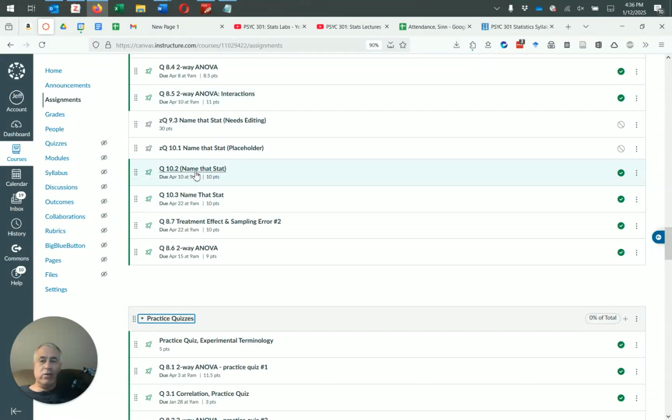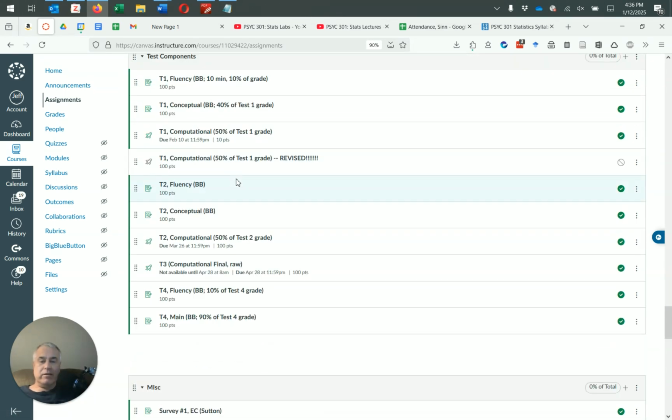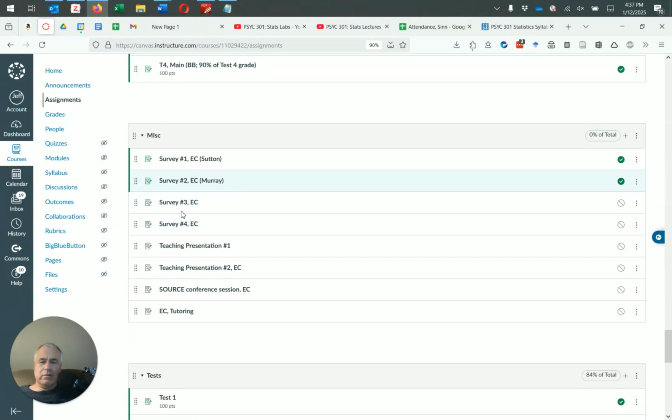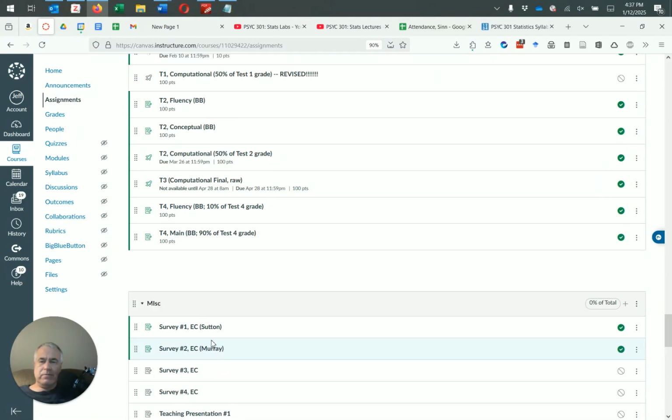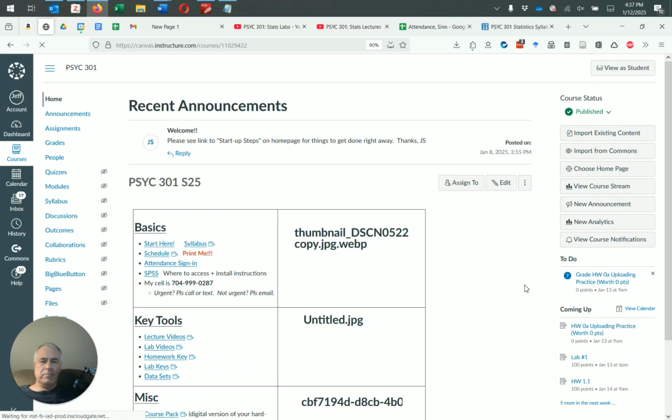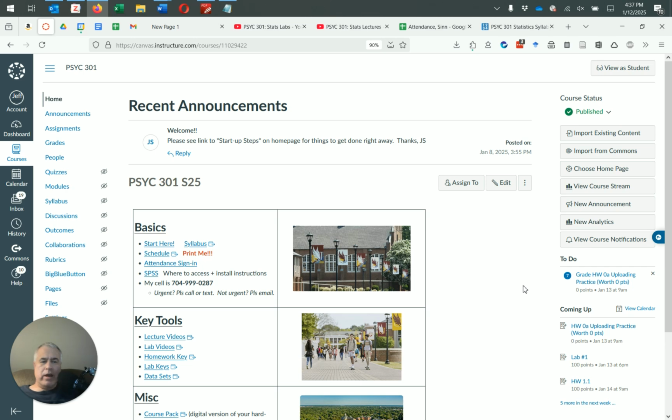A lot of the stuff you can come to this page, but again, if you're accessing it at the time that we're covering it in the course, you'll see a link on the home page on the right-hand side. I'll show you that again here in a second. Test stuff, some of it is in here, and then some miscellaneous stuff. That's it. Okay, again, going back to the home page, you have over here on the right the to-do coming up stuff. That's a handy thing to access labs and whatnot as they're coming up.